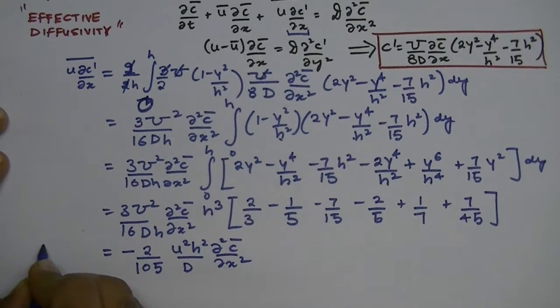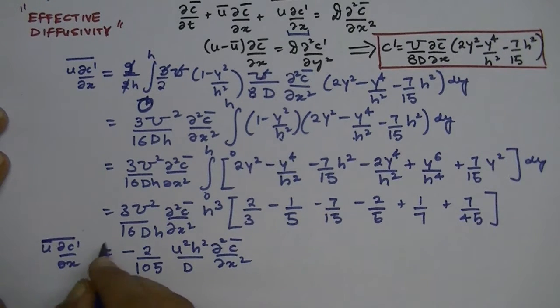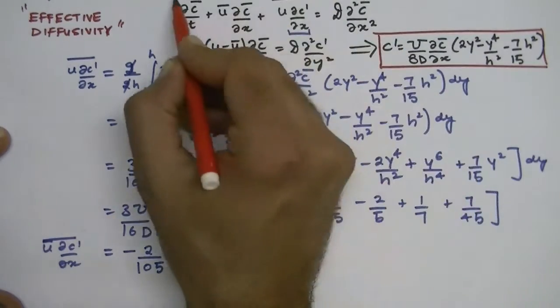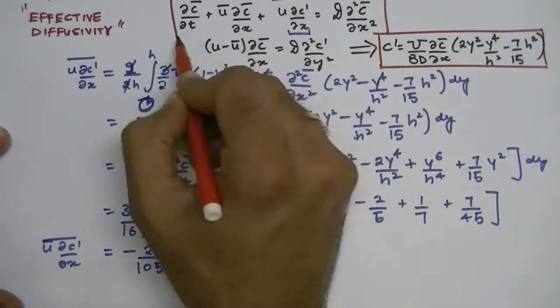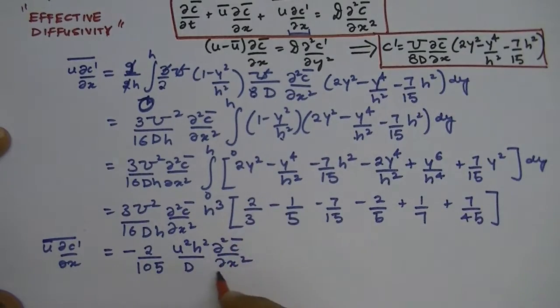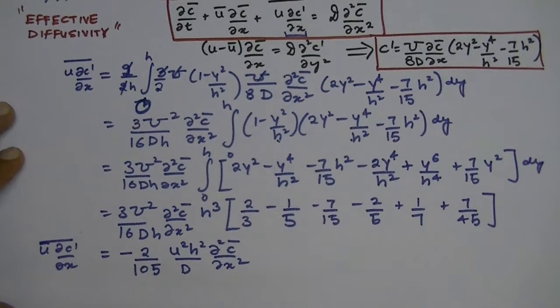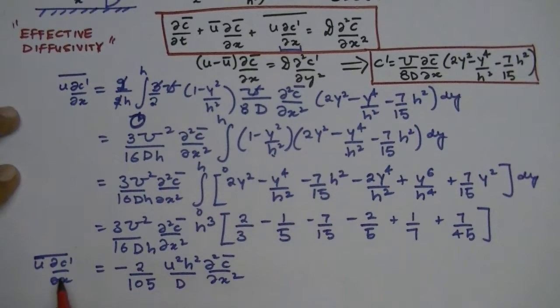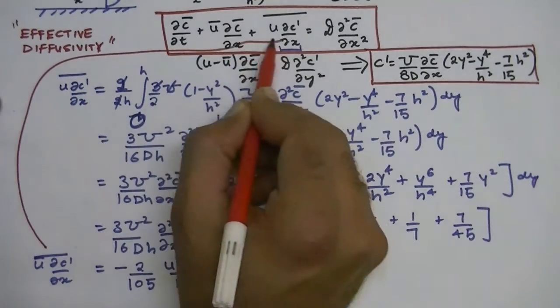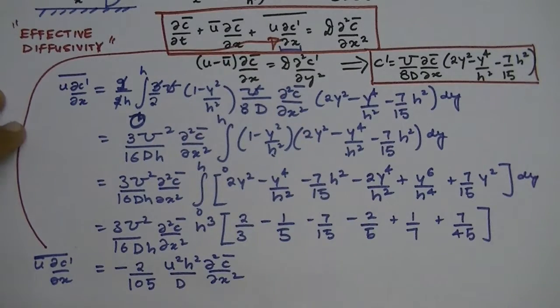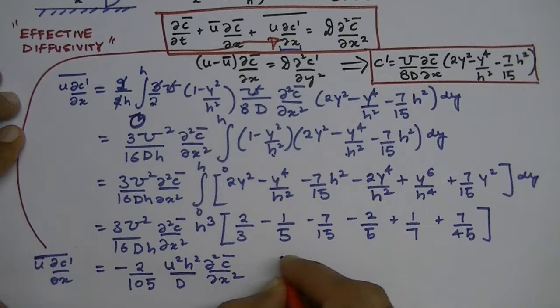Okay, so this is the term over here, which we wanted, as we wanted to express this equation in terms of the gradient in the mean concentration. So therefore we can now plug in this value over here and write the final equation that we desired